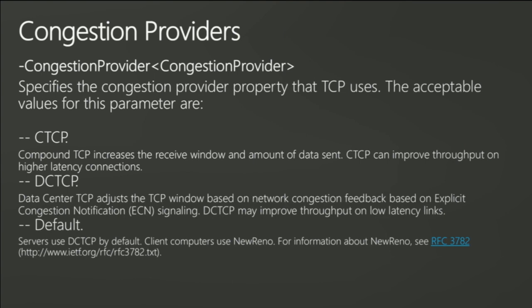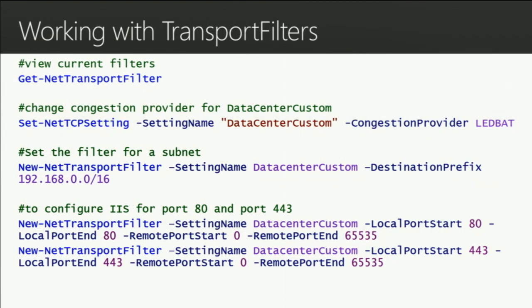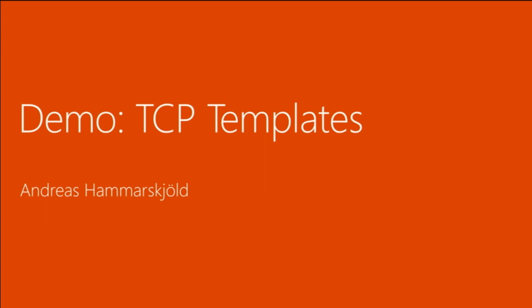So when we look at the actual templates themselves, one of the settings that you can do is that you set a congestion provider for that. So the template will know that, hey, if things get busy, this is the algorithm that I'm going to use to actually apply to it, which is exactly what Daniel was showing. So without further ado, this is just copied from the TechNet forum, but there are more things coming here. So if we can switch to the demo. This is basically just what I'm going to show, so you got it for reference, since you can copy and paste out of the slides. Let's see if I press the right button.